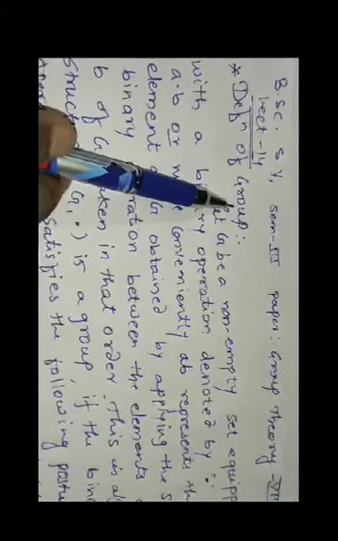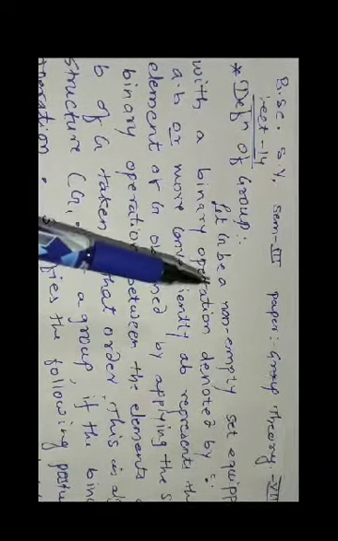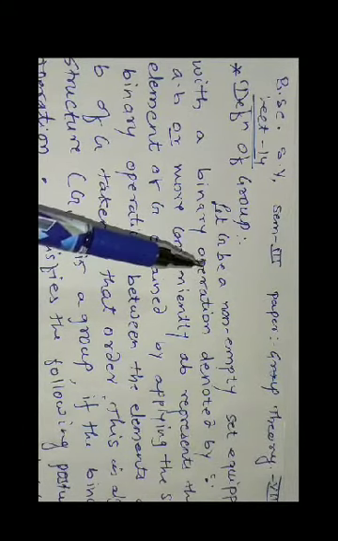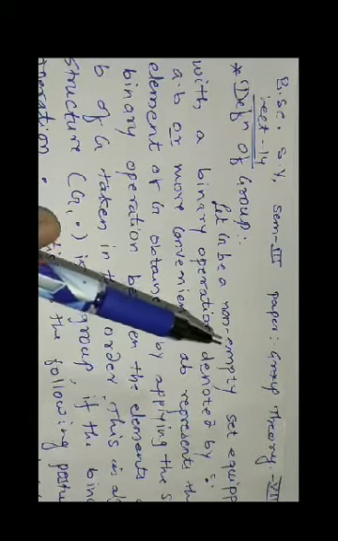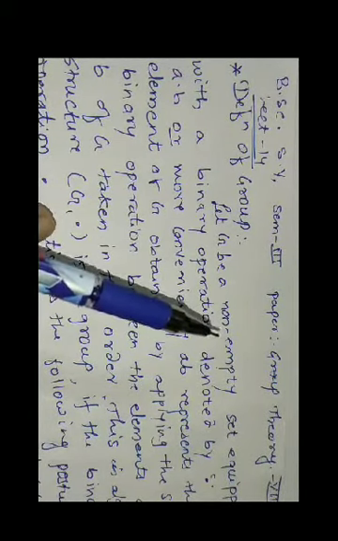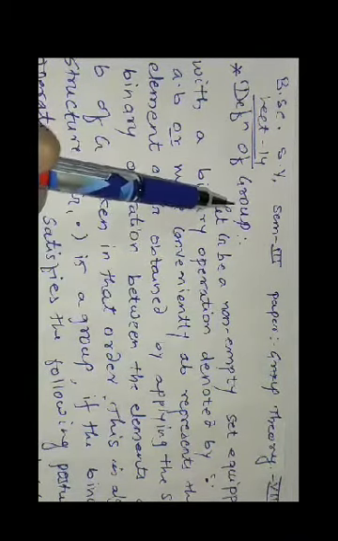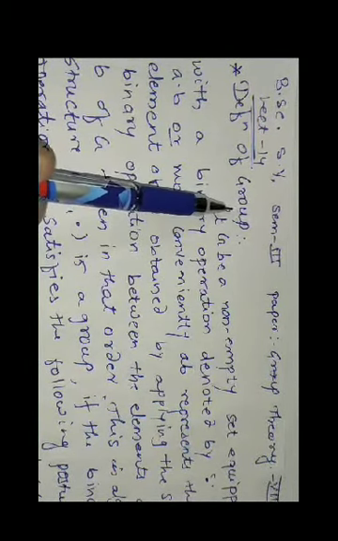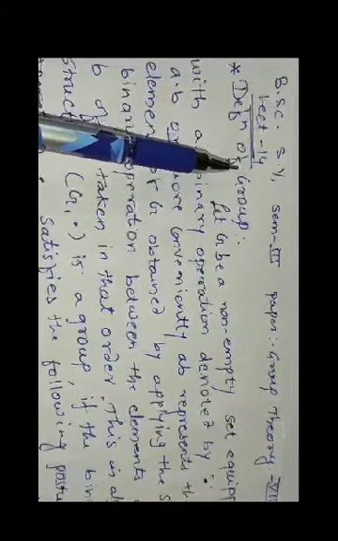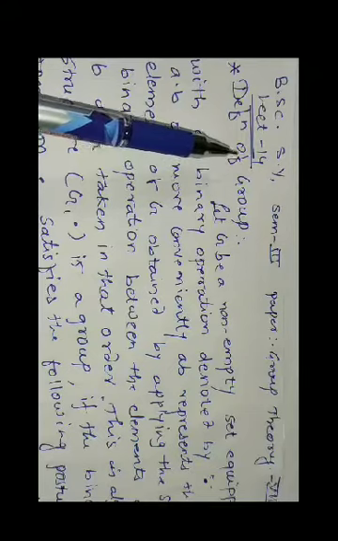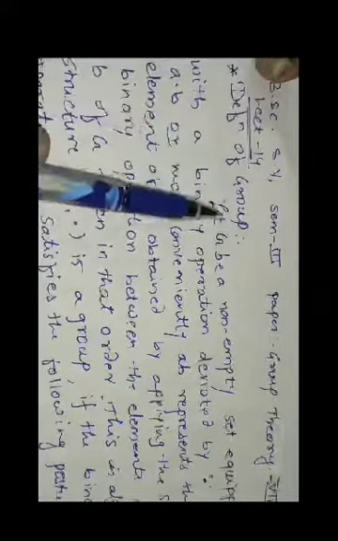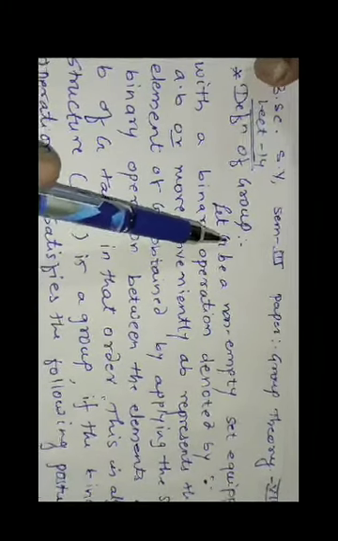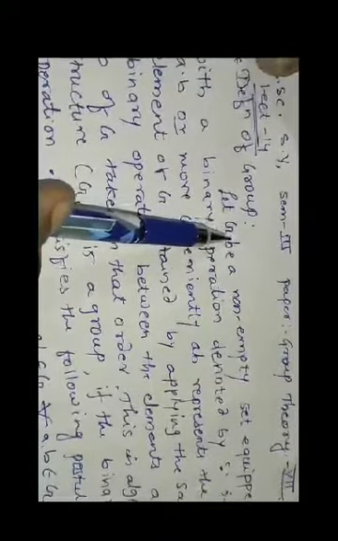You shouldn't consider that a group is just some elements. If 4 or 5 books are there, you couldn't say that the 4 or 5 books form a group of books. So group is a special algebraic structure. It is an algebraic structure. So students, we directly start: what is meant by group.